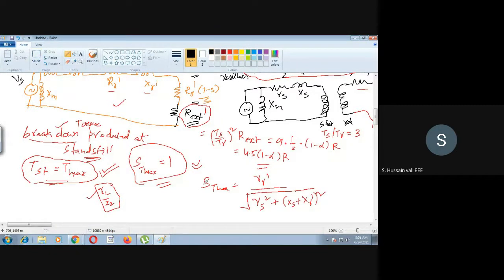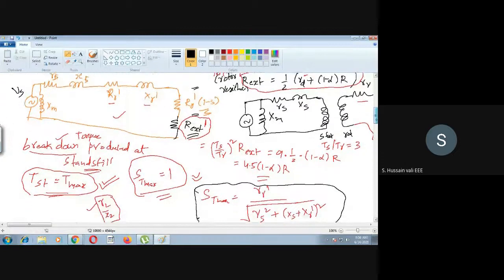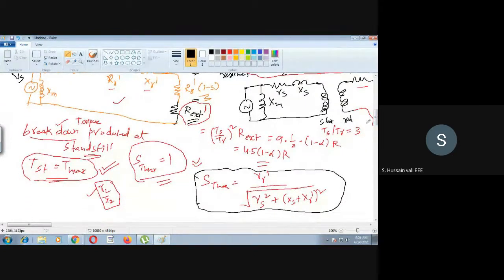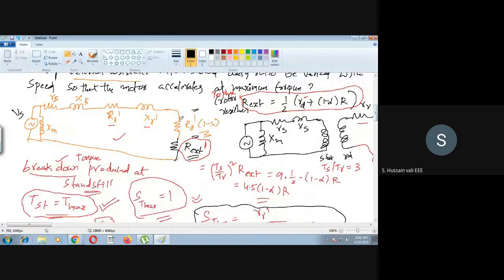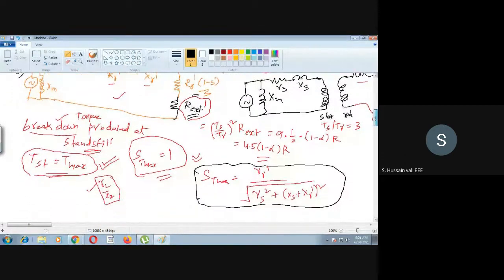Now I want you to check whether this equation is correct or not. How do you check this? Very simple. Find out T max from this. You recall the torque equation. There you differentiate the torque equation with respect to S, then find out the condition, then you will get this answer. So please check this yourself, then only we can go ahead. Otherwise, we have to derive this equation. So we will use this equation now. Using this equation, we will solve.